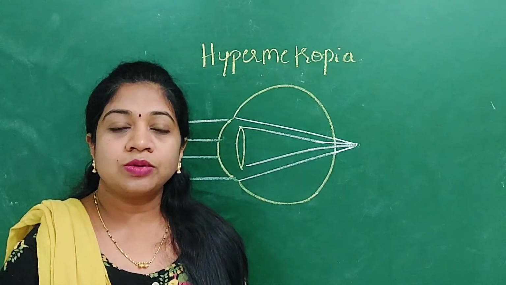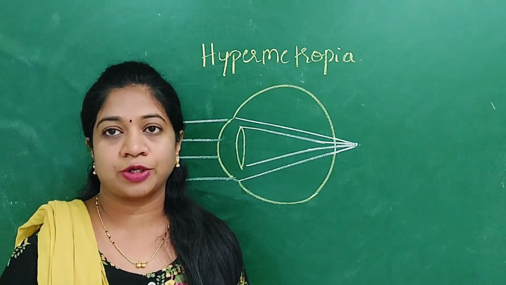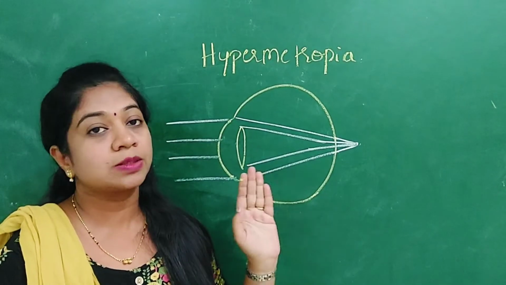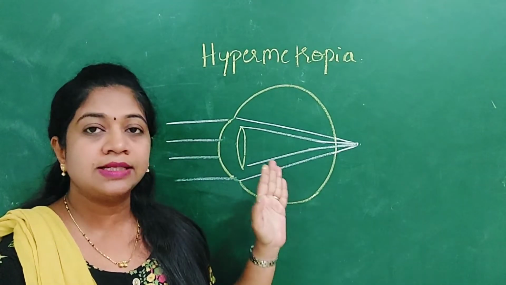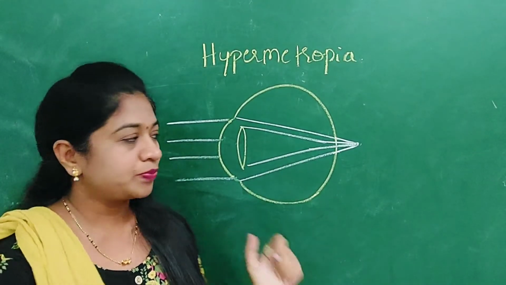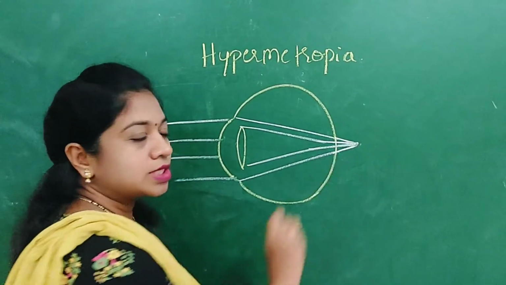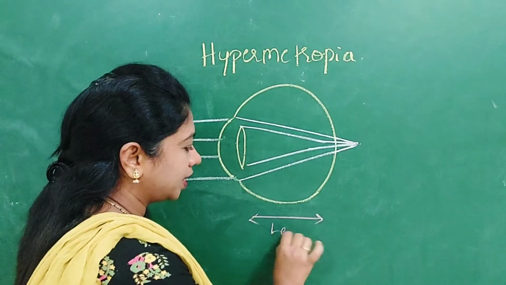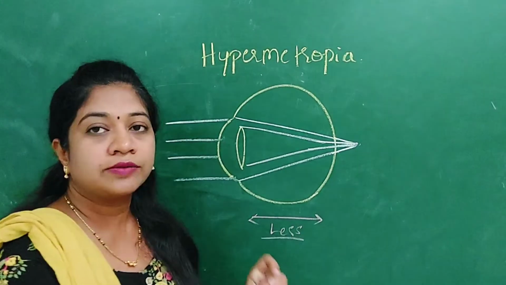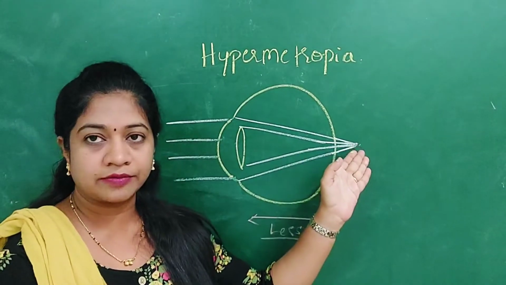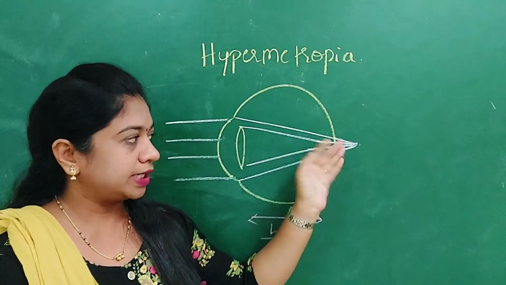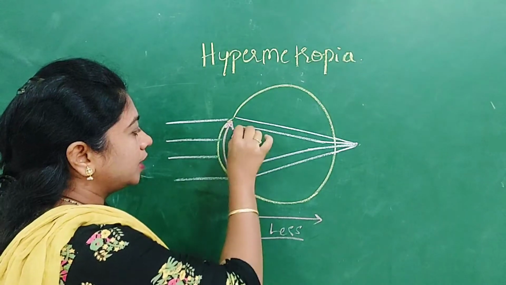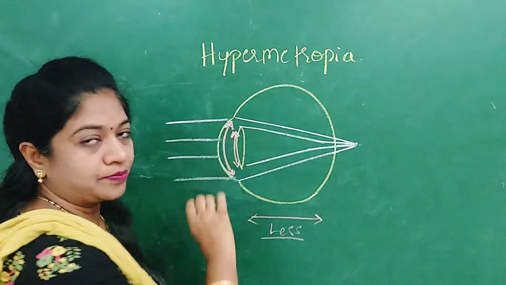Next, moving on to the mechanisms by which hypermetropia occurs. You have seen my video on myopia, where I explained the mechanisms by which myopia occurs. Exactly the opposite things occur with hypermetropia. While these rays are getting converged behind the retina, either the axial length must be less, that is, the anterior posterior diameter of the eyeball is less, so the rays are focused behind the retina, or there must be a decrease in the curvature of the cornea or a decrease in the curvature of the lens.